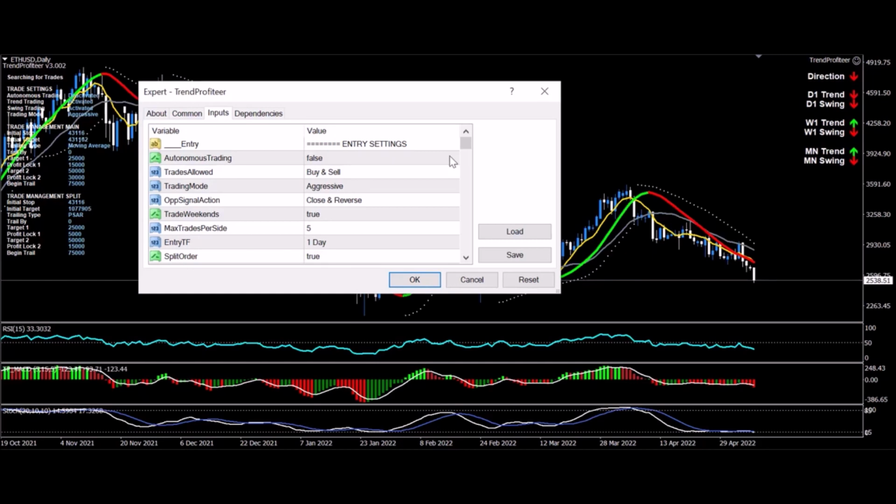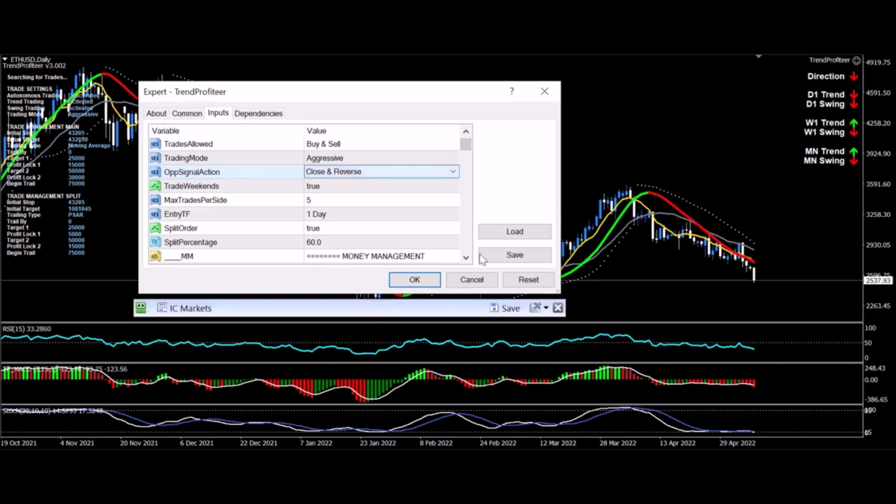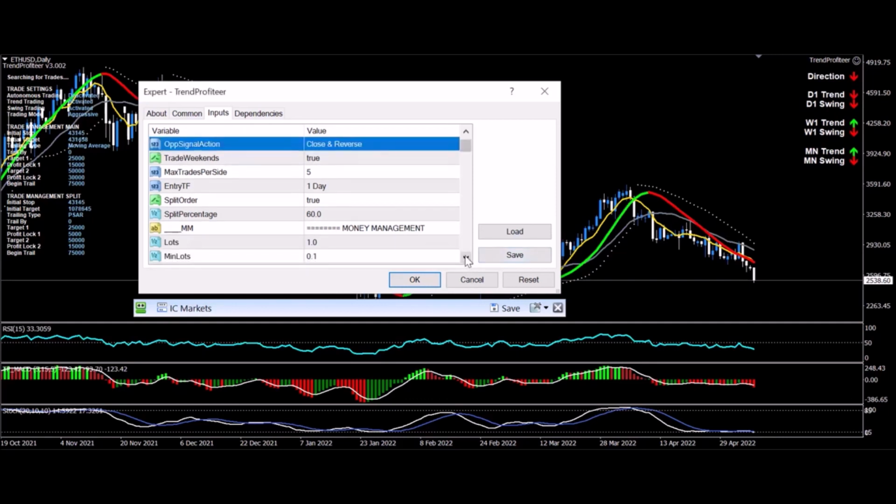Whether you want to trade up or down, buy or sell, whether you want your trading mode set to aggressive or conservative, what to do when you face counter trends. Do you want to close the current trade and go in the opposite direction? Do you want to ignore it, or do you want to open it as well as having your current trade open? Okay, whether you want to trade weekends,